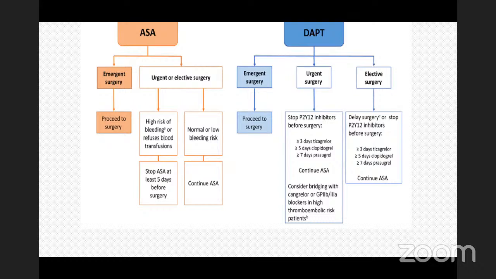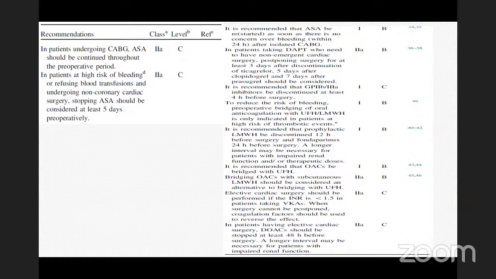For elective surgery, delay surgery or stop the P2Y12 inhibitors before the surgery. Again, the same: if it's more than 3 days for ticagrelor, 5 for clopidogrel, 7 days for prasugrel, and aspirin to continue. This chart, again, I found in the same European Association guidelines. So the recommendation for the